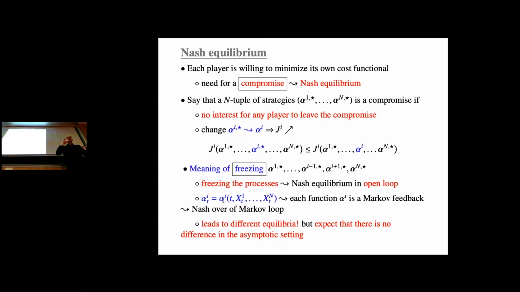And then when I say that I am freezing the action, in fact, I am not freezing the realization of the alpha I's. I am freezing the feedback functions themselves. And so this is what people call a closed loop equilibrium when I implement the definition of Nash. And if you come back to very baby models, you can see that these are not the same equilibrium. In optimal control, usually these are the same. In game theory, these are not the same in many cases. So you could say, well, it's becoming very complicated.